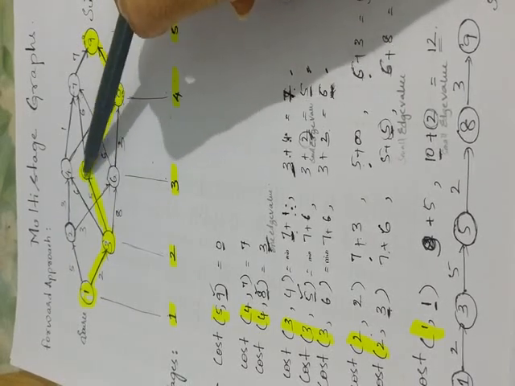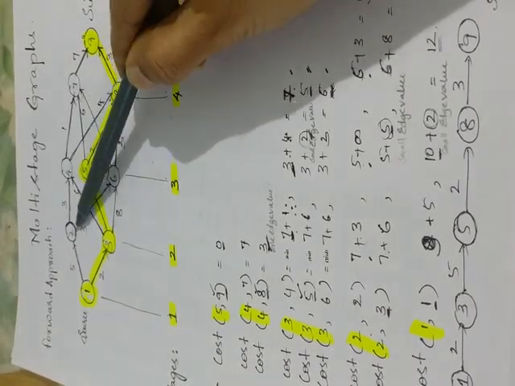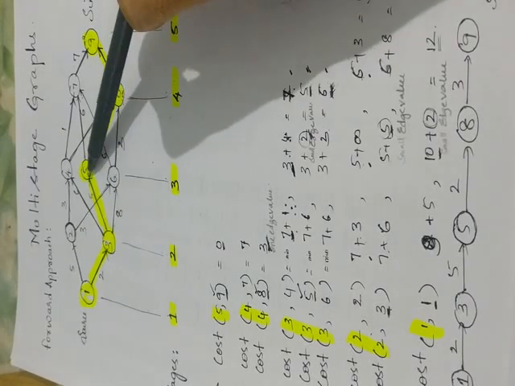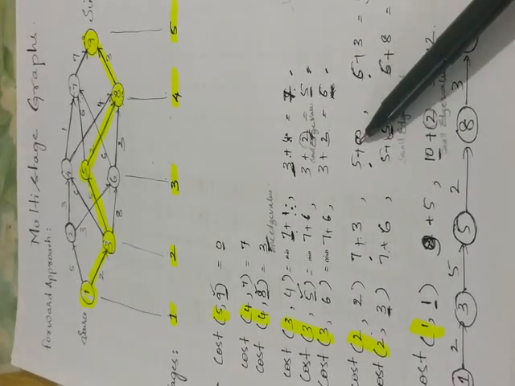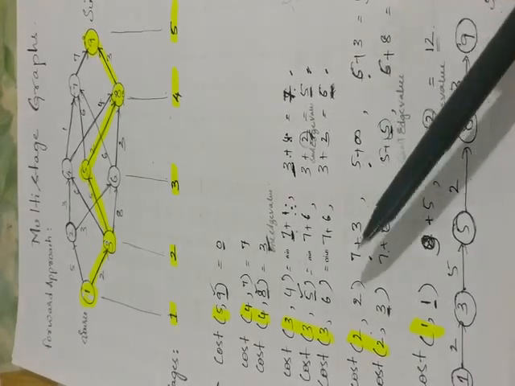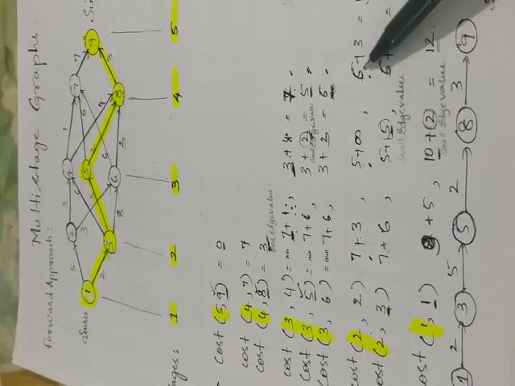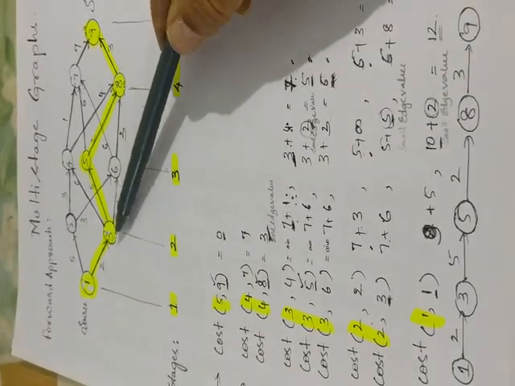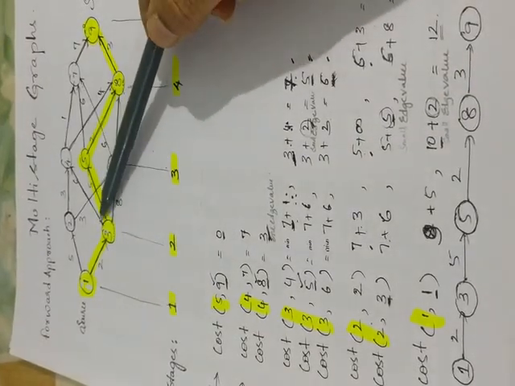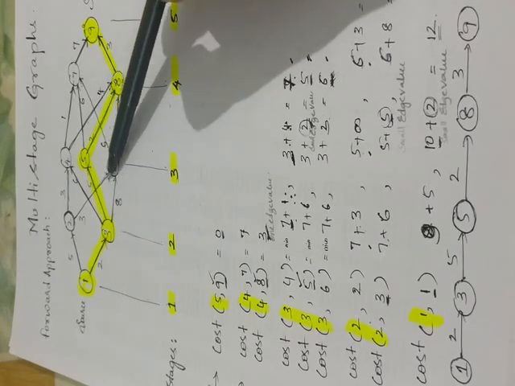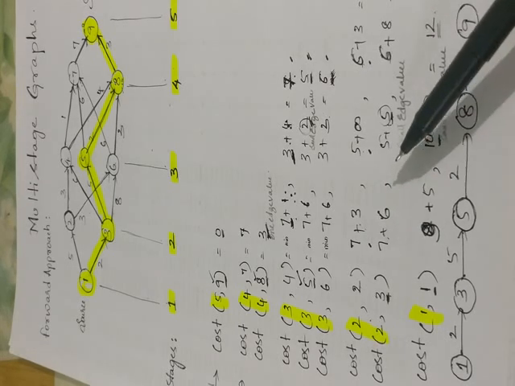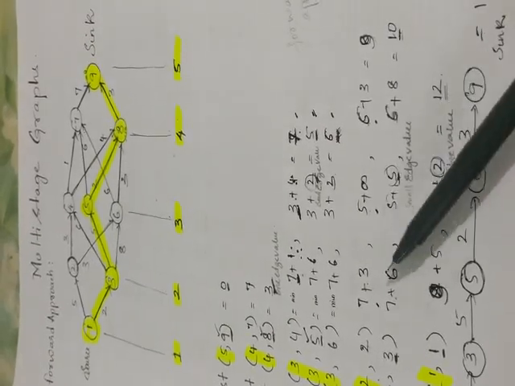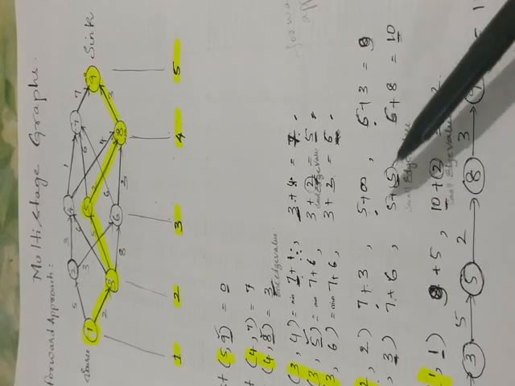From 2 to 4 it is 3, from 2 to 6 it is 3. But from 2 to 5 there is no edge. So you can see here 3, 3, but there is no edge to 5, that is infinity. So of these 3, 10, infinity and 9, I think I will be choosing 9. Similarly from 3. So 3 has 3 edges here. One is 6, one is 5, one is 8. So 6, 5, 8 added to the previous, you will get 13, 10 and 14. So 10 is the smallest, I have written it out.